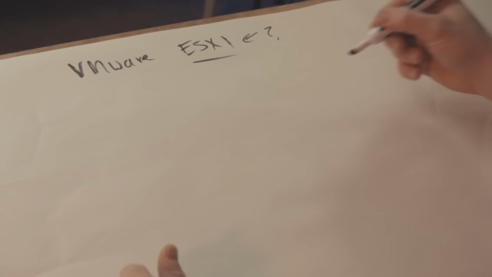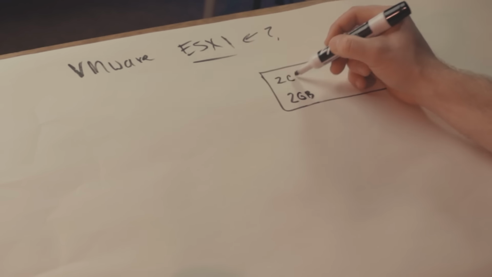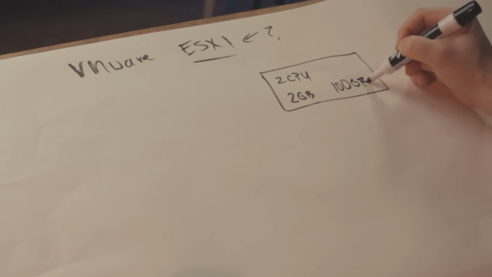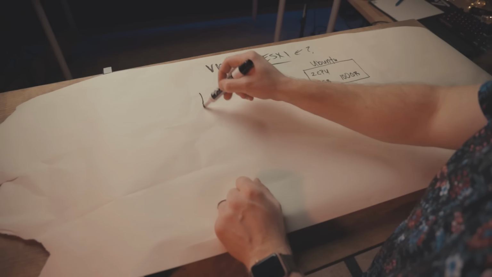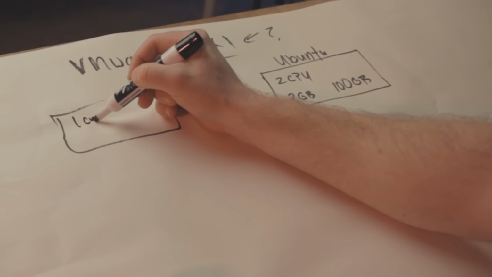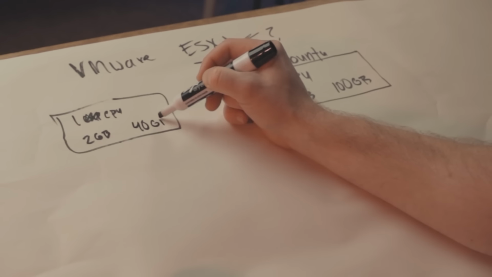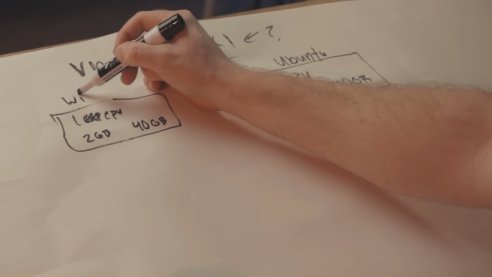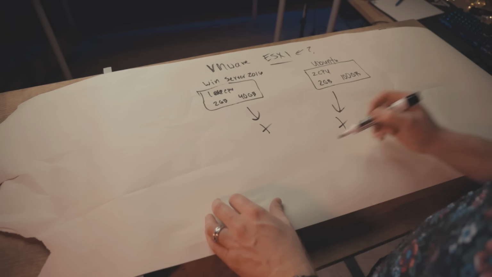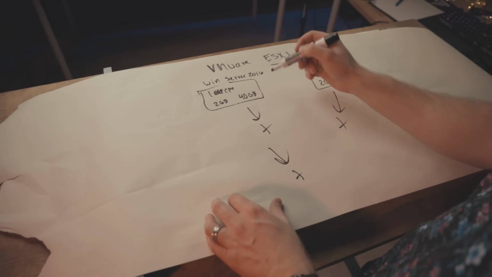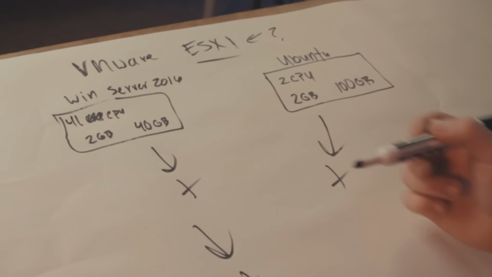And simply what it allows us to do is take a portion of our server's resources, maybe 2 gigs of RAM, 2 CPUs, 100 gigabytes of hard drive space, and this will be our Ubuntu server. And then on the same server, I can have 1 CPU, 2 gigs of RAM, 40 gigs of hard drive space, and that will be my Windows Server 2016. And I can keep doing this until my server runs out of resources. Or I can even make these bigger, going from, I don't know, 1 CPU to 41. I mean, you can go crazy.